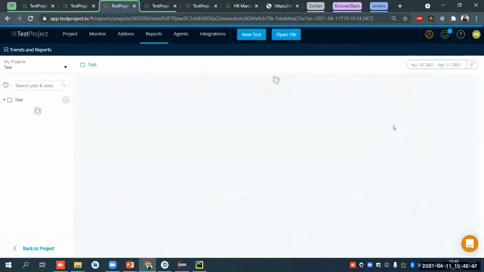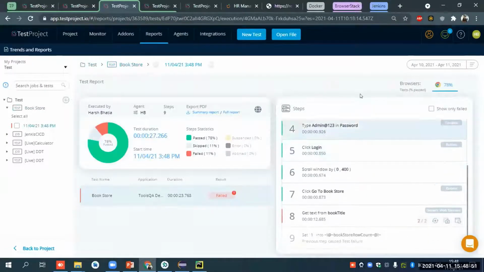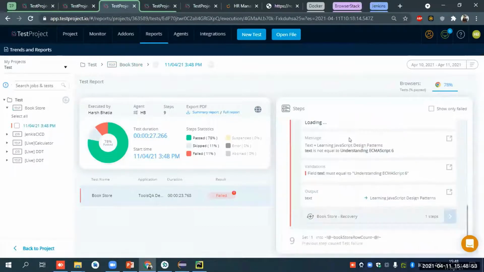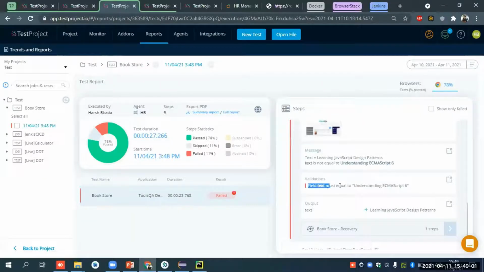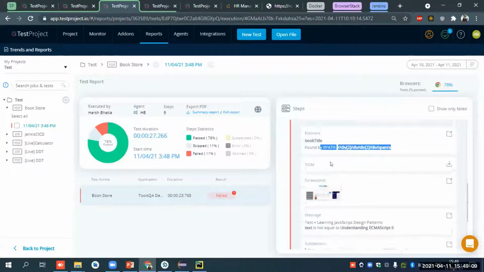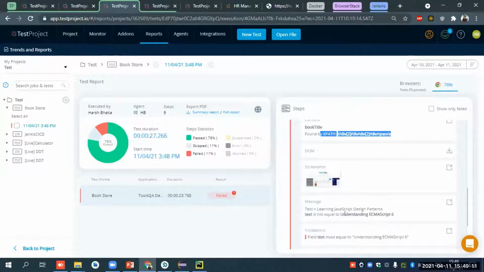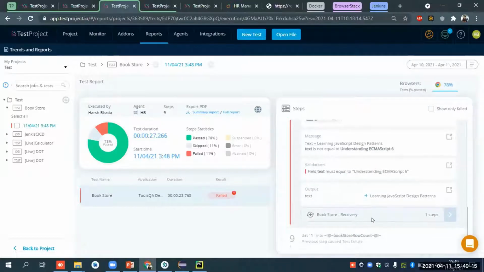We will go to the report, and in the report, we can see that the data which we have provided as the user input is not there. So what it has done, it's marked it as a fail because the input has not been provided. It was not able to find the name mentioned in the user input variable, so it marked that step as a fail.